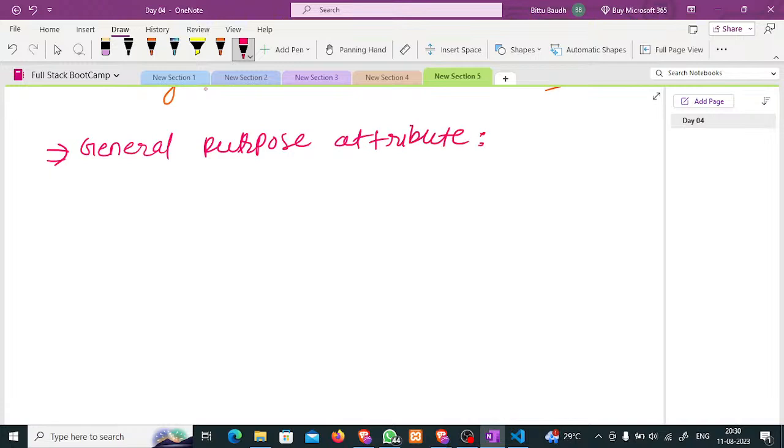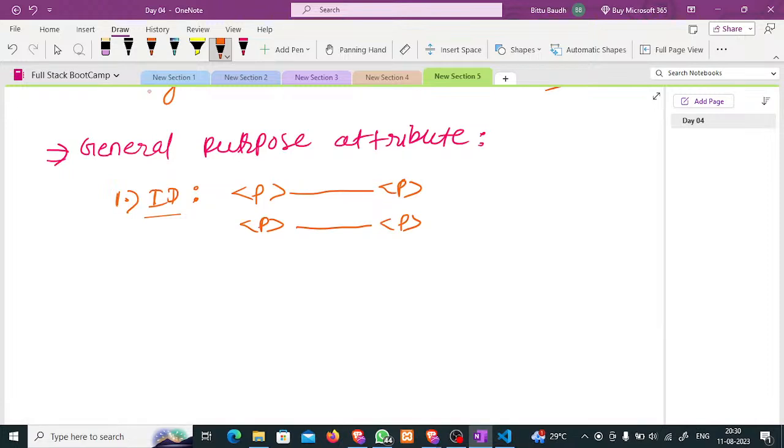What are these attributes? The very first attribute that we are going to understand is the id attribute. What is this id attribute? Let's say I'm having two paragraph tags. One is over here, and I write something in this paragraph, and another one is over here. If at any point I have to get the content of any paragraph, how would I